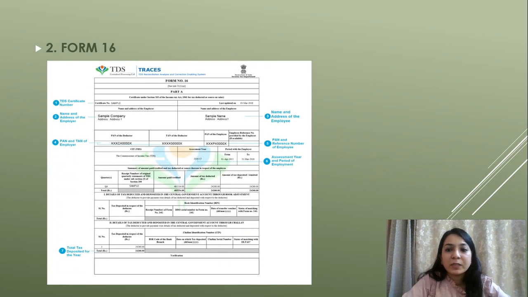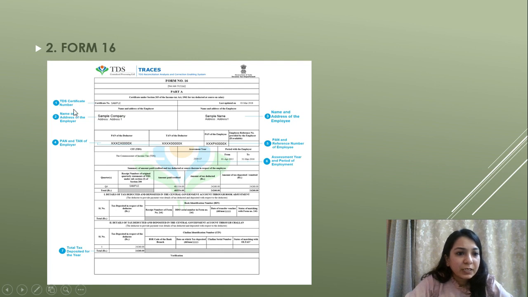Next important document is Form 16. Form 16 is a TDS certificate given by the employer to its employee in respect of the salary paid. It contains two parts, Part A and B. Here I have put how Part A looks, a sample format.